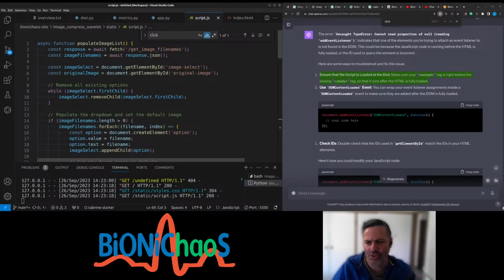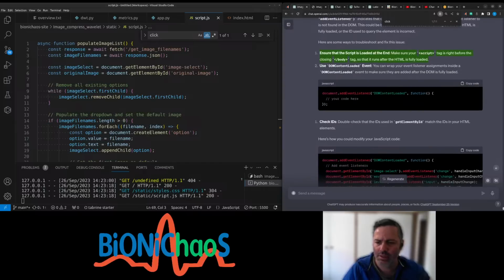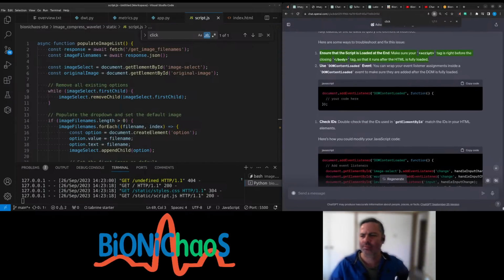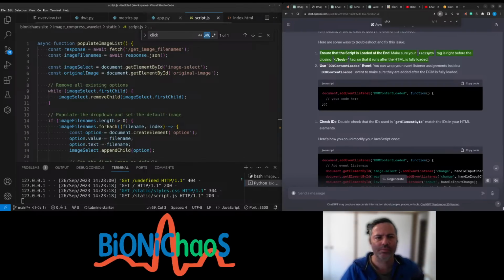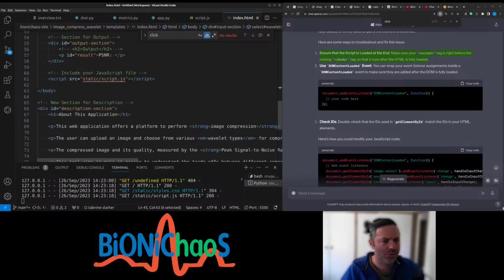Right, so in JavaScript, you can wrap it. Do I have to wrap it in an event listener? Ensure that the script is loaded at the end. Make sure your script tag is right before the closing body tag, so that it runs after the HTML is fully loaded. That's in HTML. Oh. Do we need to ensure that the script is loaded at the